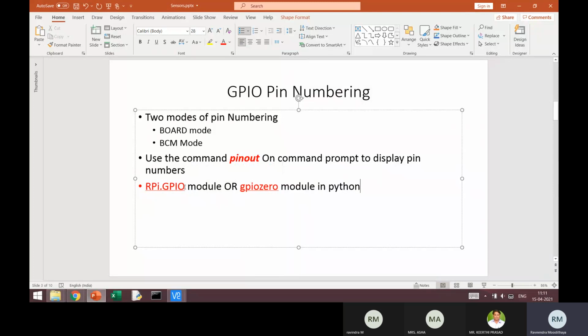I'll give you illustrations on both of them. But for the basic reading, I may be using GPIO Zero because it's very easy to understand and very easy to write the code using GPIO Zero. This is comparatively recent, maybe about 3-4 years old, and there is good documentation. But in the ALS sample codes that he has given, he has not used GPIO Zero. He has used only RPi.GPIO. These are the two modules.